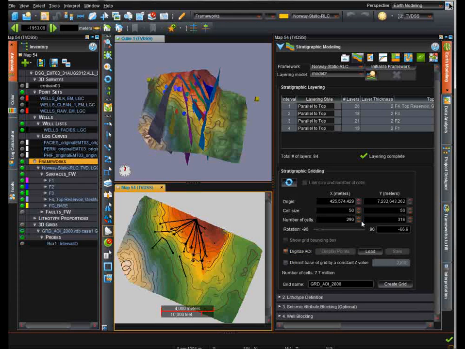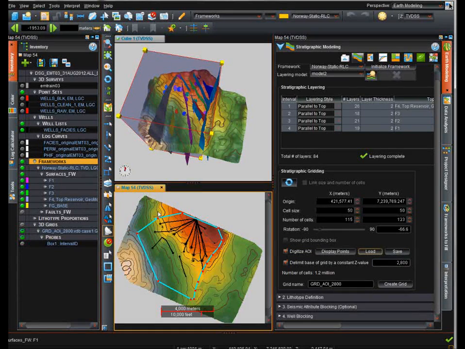I actually manually digitized this boundary here, and I just activate the digitize and then digitize it, and then I also limited it to 2,800 meters because the framework actually goes far deeper than the oil-water contact. So I created just enough depth below the oil-water contact to give me a good aquifer system. And then I created the geocellular grid. Once I actually create the grid,